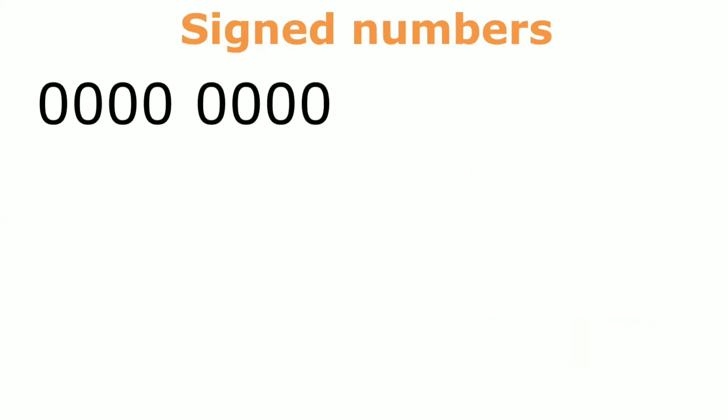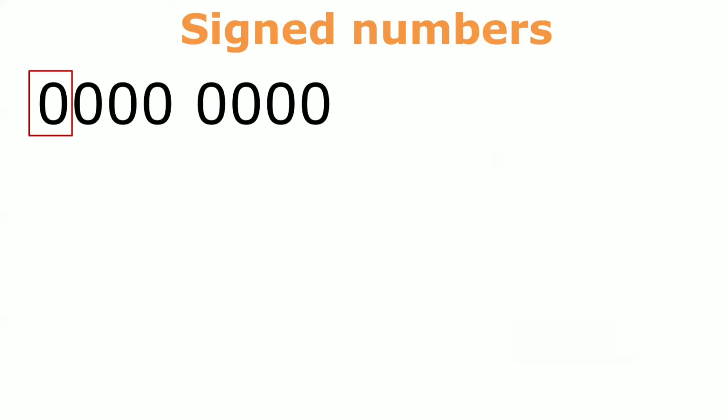Whereas signed numbers, how do we indicate signed numbers? If you take any 8-bit number, we use the MSB bit as the sign bit. Okay, to represent a signed or unsigned number, we use one bit, the MSB bit in your 1 byte. That is your sign bit. So whenever the sign bit is 0, that is nothing but a positive number, and whenever the sign bit is 1, then it is nothing but a negative number.